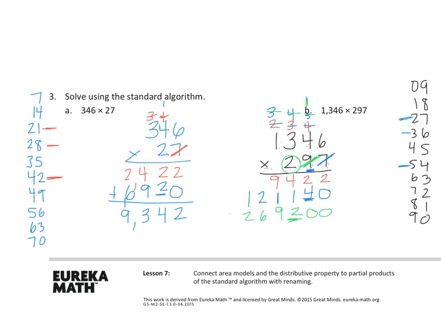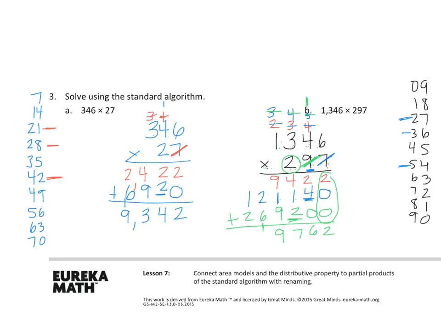And now you have 3 partial products. We're going to add them together. So we got 2 plus 0 is 2. And then you got 2 plus 4 plus 0, that's 6. And then you got 4 plus 1, that's 5, plus 2 more, that's 7. Then you have 9 plus 1, that's easy, that's 10, plus another 9, that's 19. I'm going to put my 9 down, and I'm going to regroup the 1 over to the